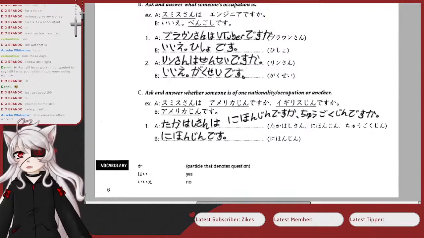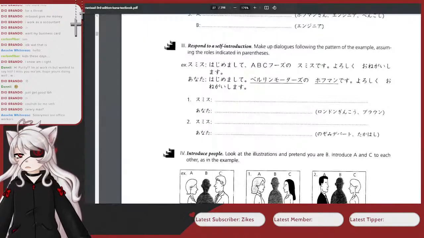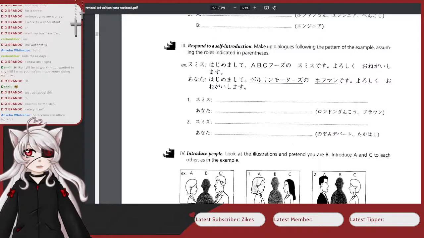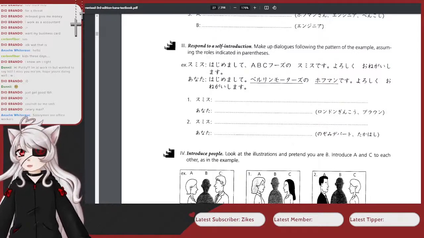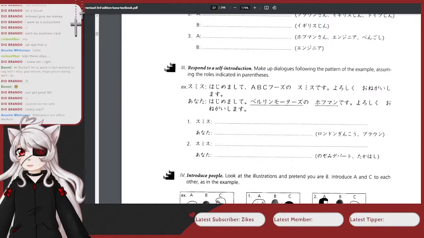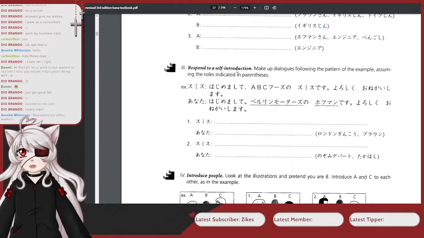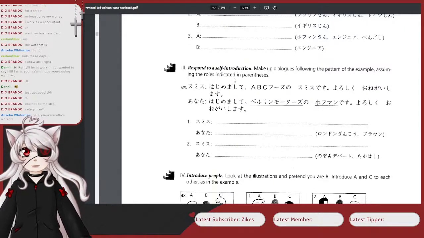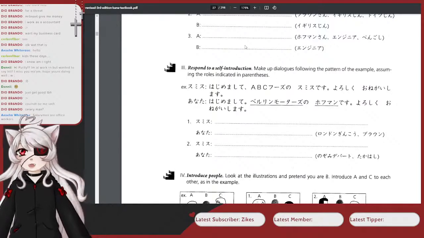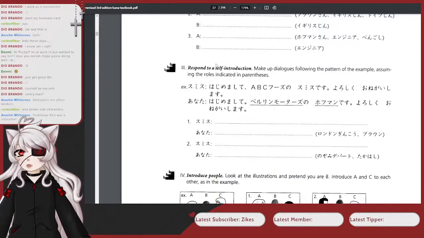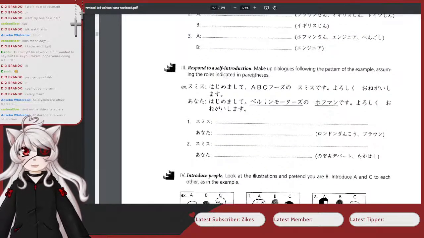I see. Yeah, let me bring this back. I'm not going to do the rest as writing. I'm just going to respond to them. So responding to a self-introduction, make up dialogues following the pattern of the example. Anime side characters. Oh yes, the background characters, of course. Very important. You can recognize them because they are wearing a suit and tie and have no other